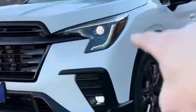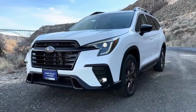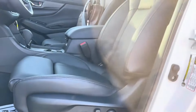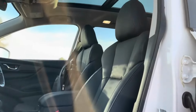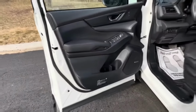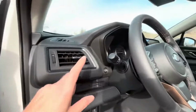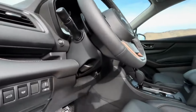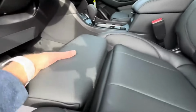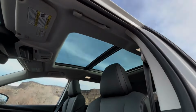The steering feels vague, and the ride quality is less comfortable than expected from a family SUV. Interior space is one of the Ascent's redeeming qualities, but even that comes with drawbacks. While the cabin is spacious and offers plenty of room for passengers, the third row is still tight for adults. The quality of materials used is not up to par with its competitors, as hard plastics dominate the dashboard and